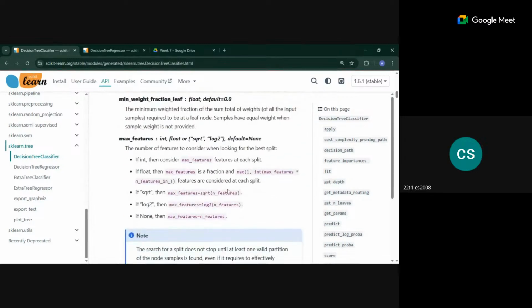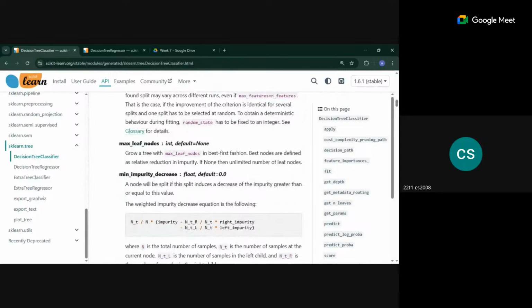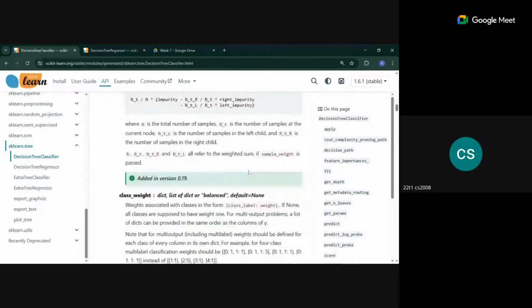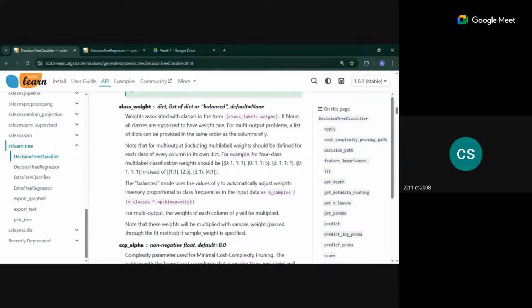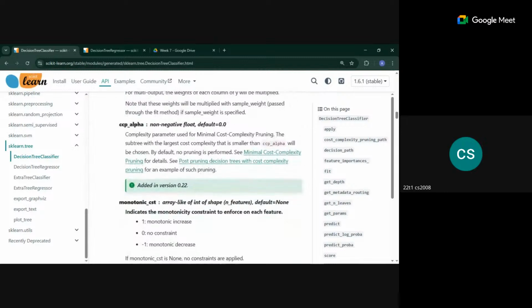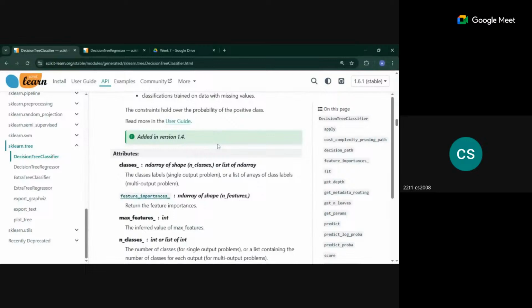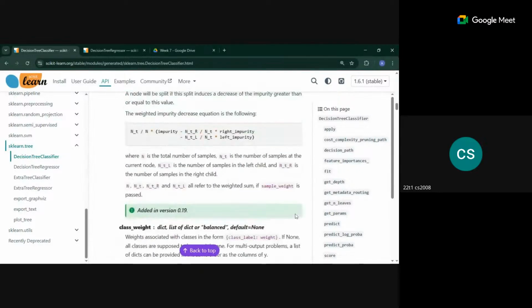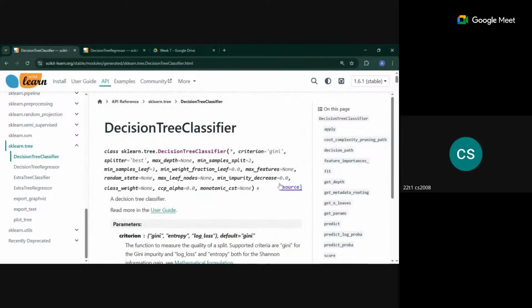Apart from that, there are some more parameters. Max leaf nodes is how many leaf nodes you want. Then there is class weights. This we saw in multiple algorithms. This is especially useful in the case of imbalanced data sets. Then one of you had mentioned pruning. So the CCP alpha is nothing but cost complexity pruning. This is also a value that you can set to cut down on the tree. So basically to prevent it from overfitting, pruning is one of the techniques that we can use. Okay, so this is again a brief use of the documentation. With this now let us directly get into